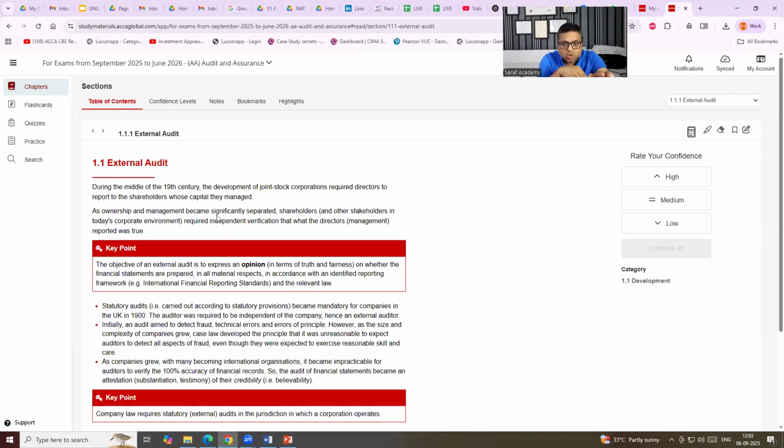And don't take printouts. Don't study with printed material because, as I showed you, the questions are on screen. You need to type on screen. So if you follow the same method of study which you did earlier in the past, then the problem is that in the exam hall, you will not be able to perform properly because you have the habit of underlining this, that, and in the exam, you need to see on screen and type on screen.